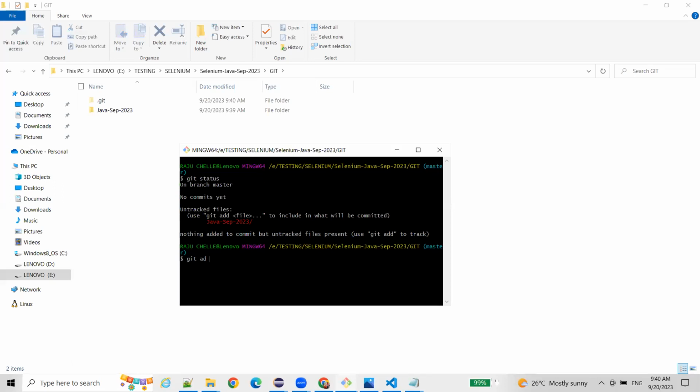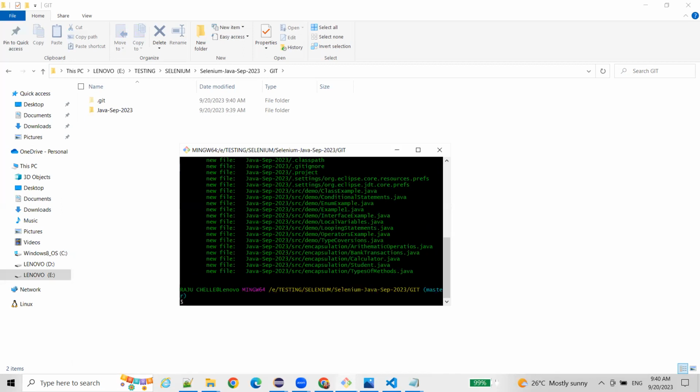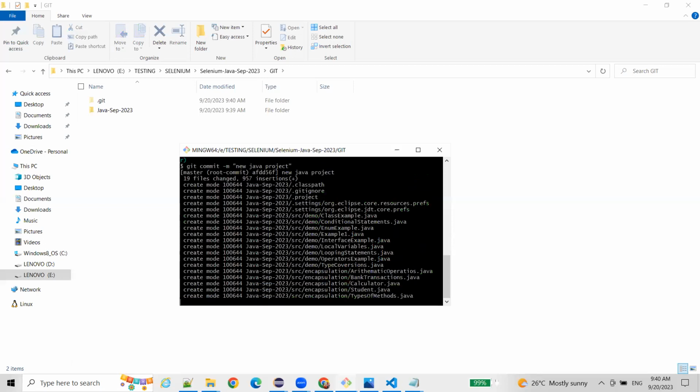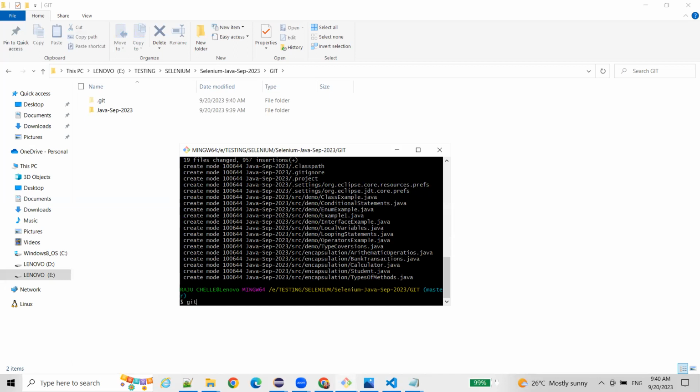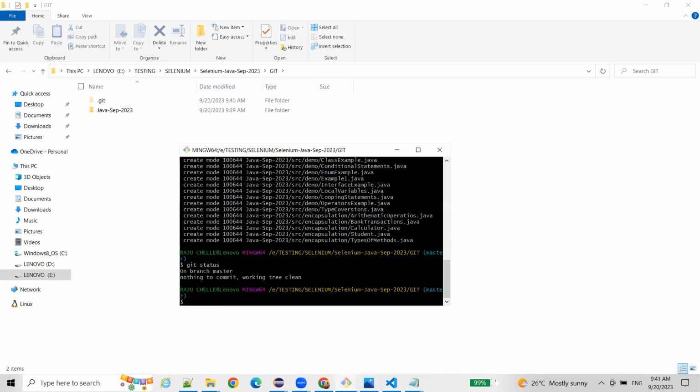git add -a, git status. All the files are added to staging. Now git commit -m new project, new Java project. All these are committed now. git status. Okay, now I need to push this to my